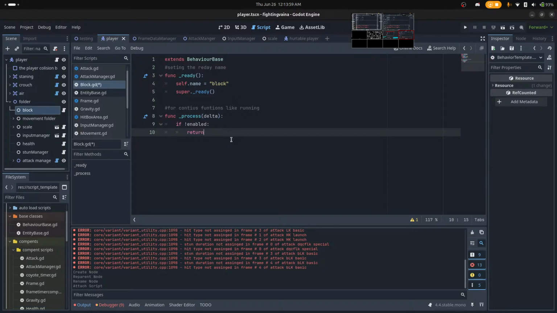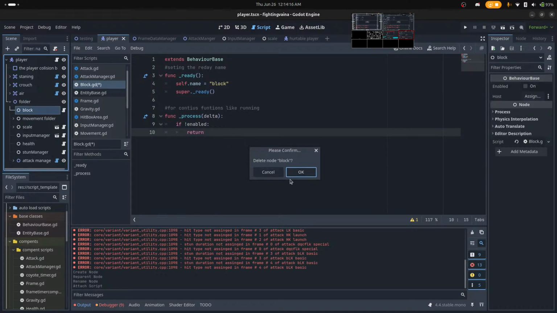It would block an attack, move based on attack data, maybe take chip damage. It would be stunned as well. I think it's only a Boolean really that's needed. I don't need this. Yeah.